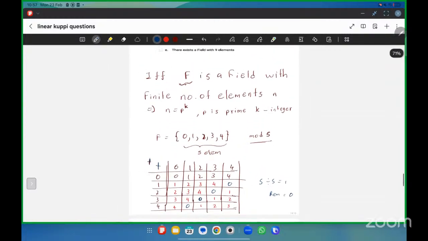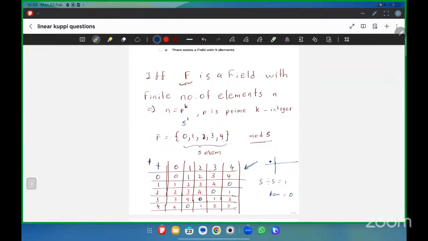So here the number of elements, there are 5 elements. So we can write it like 5 to the power 1. So we can tell there is a field. There is a field with 5 integers, for example, we can show it like this. So this is a field. If we check all the conditions, and when we chart the multiplication also, we can tell